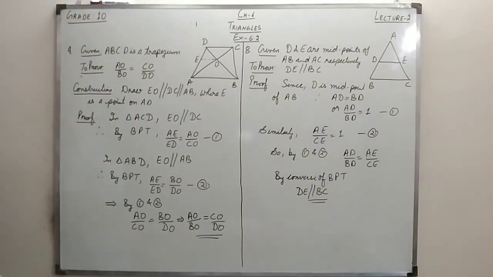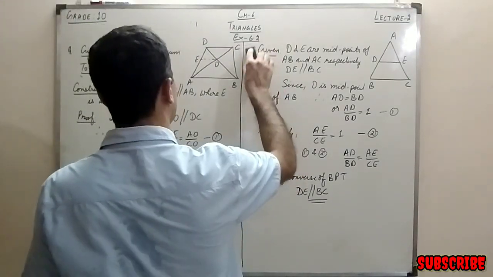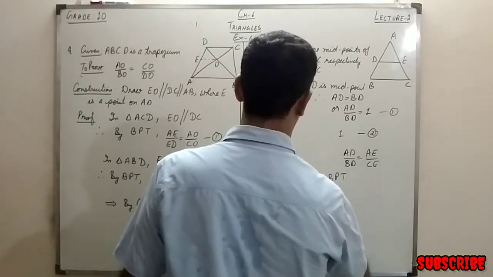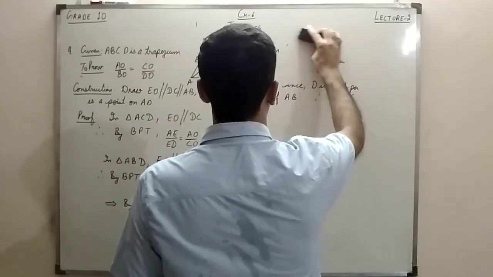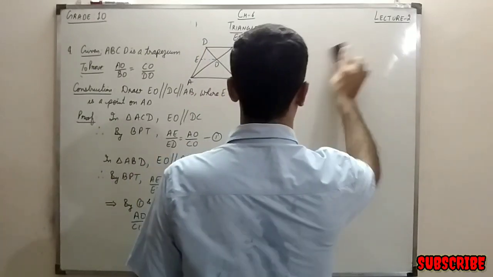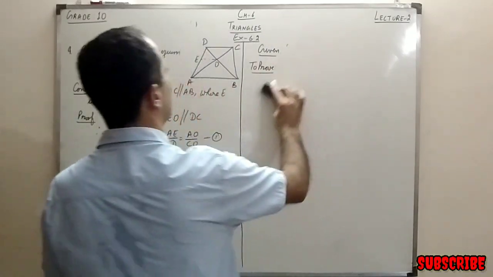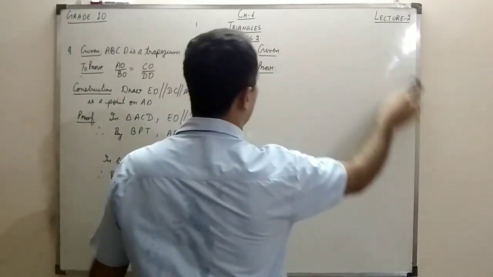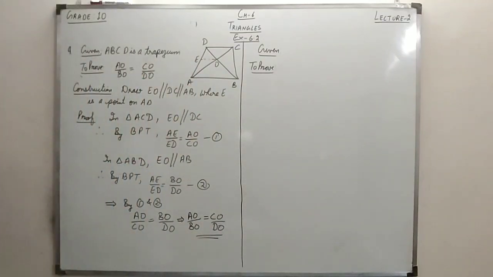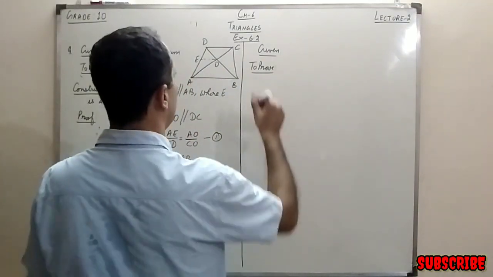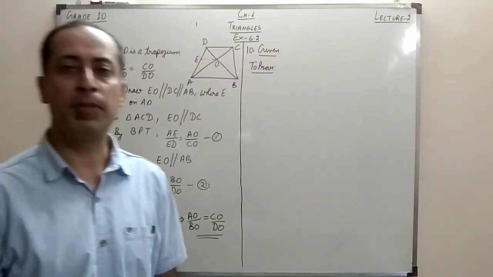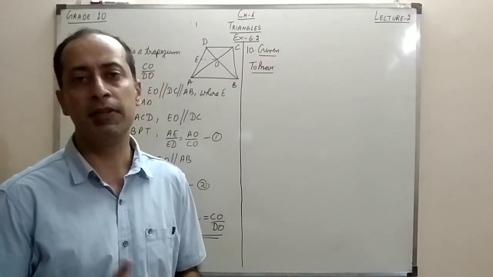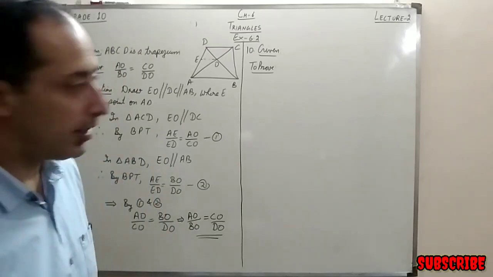Right? Now, if you see the next question, that is the last question of this exercise, that is exactly the converse of this 9th question. Again, the trapezium is given, and the condition which we have proved in the 9th question is given to us in the 10th question. ABCD is not given as a trapezium, but we have to prove that it is a trapezium. So, how can we prove it? If one pair of opposite sides is parallel, then we can say it is a trapezium, right?